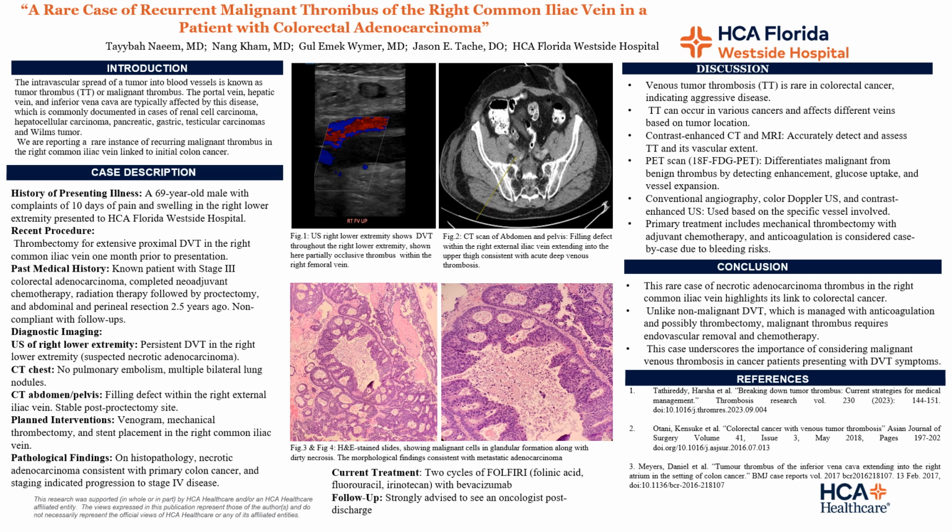So what is tumor thrombus or a malignant thrombus? Tumor thrombus or a malignant thrombus is the intravascular extension of a tumor into blood vessels. It is commonly seen in renal cell carcinoma, hepatocellular carcinoma, and other cancers, but it is rare in colorectal